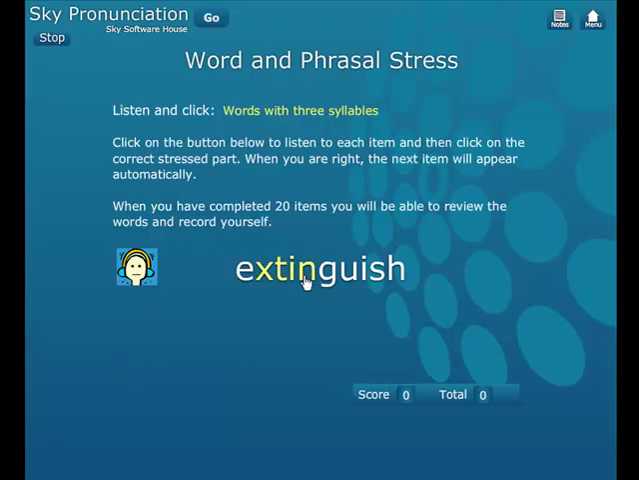Extinguish, Extinguish, mountaineer, mountaineer, beautiful, somebody,